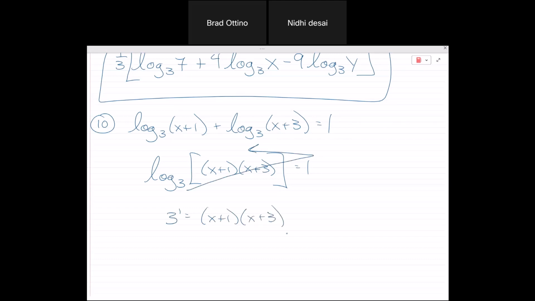And then it looks like we just have to distribute, make it equal to 0, factor, and solve. Just remember that you can't take the log of a negative either, so we just have to check for extraneous solutions. This would be 3 is equal to x squared plus 4x plus 3. Bringing the 3 on the other side, we just get x squared plus 4x